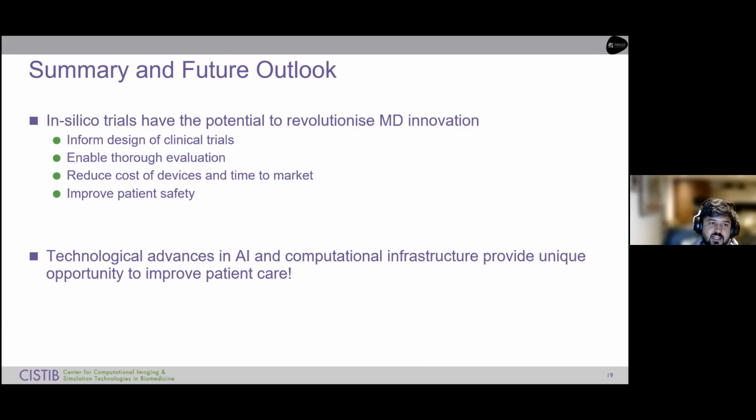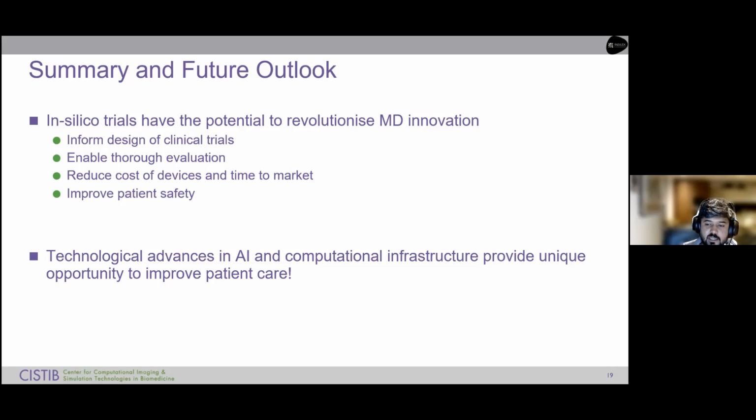So I'd like to end my talk with just a few points on the value and the potential we see for in silico trials. We truly believe that this paradigm of in silico trials has the potential to revolutionize medical device innovation. We are still very much at an early stage as a group, and the in silico trial community in general, in terms of realizing what is achievable through the technology that comes out of this line of